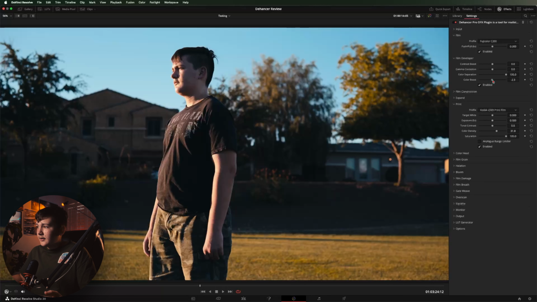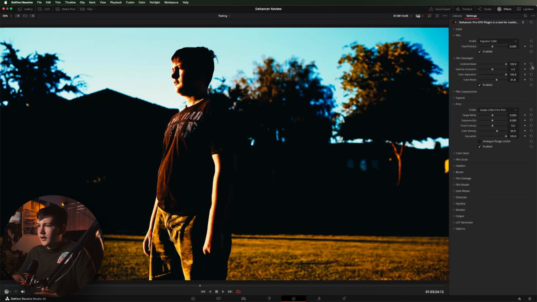So I'll play around with this color boost a little bit. It's basically like adding some saturation, but in a bit of a different way. So you play around with the color density and color boost to really just get something that you think looks good. But I think from here, you can see you have the gamma and stuff, and you have contrast boost,